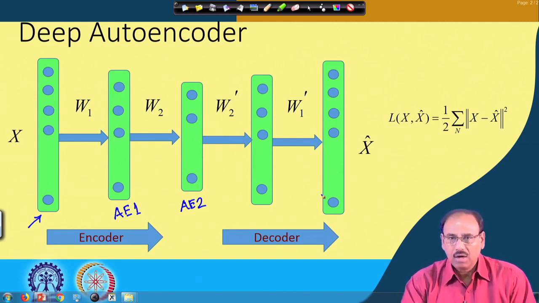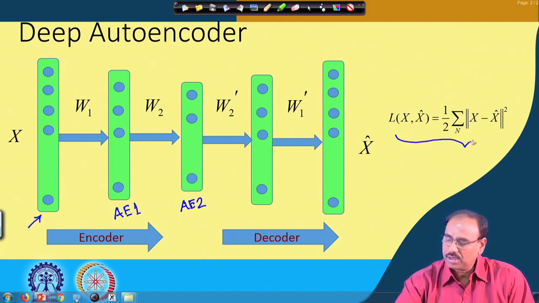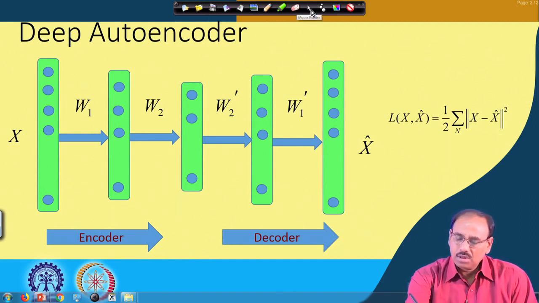Then accordingly, on the decoder side also I will have stacking of a number of such decoding layers. So, in case of deep autoencoder, the number of encoding layers and the number of decoding layers that you make part of the autoencoder decides the depth of the autoencoder that you are going to design or use. However, for training the autoencoder, we still use the squared error loss between the input and the output. So, given this,